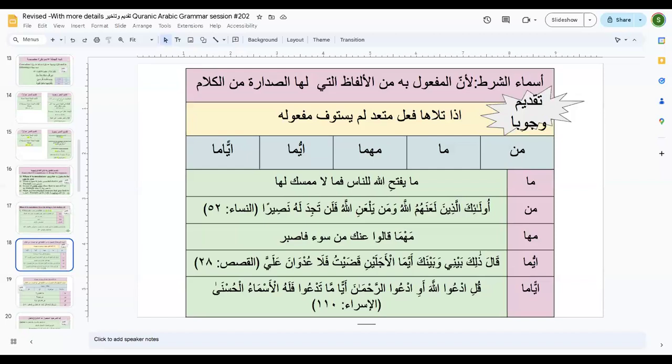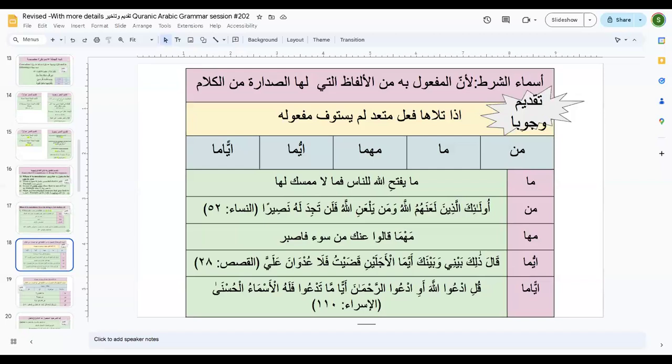And remember, we have been learning how sometimes man shartiya, we have done many examples recently as well when we were covering our Surah Taha, that man shartiya can be in the beginning, and it is labeled as maful bihi, and then the fail mutaaddi follows it. So the same thing we are going to learn today in taqdeem wa ta'khir. When it comes to asma'u shart, all the ism shart, because remember there could be harf shart as well.